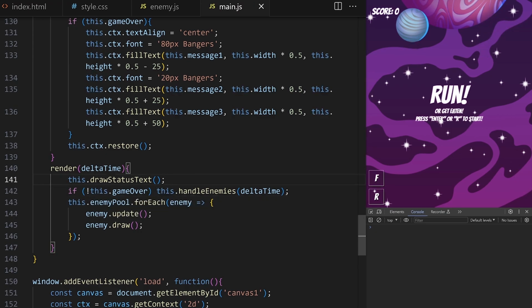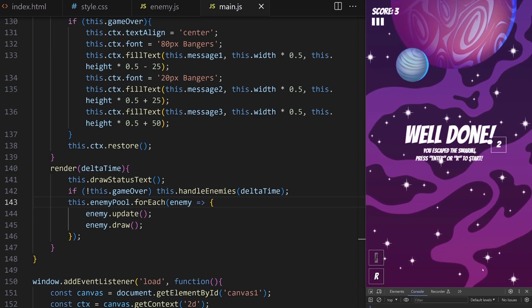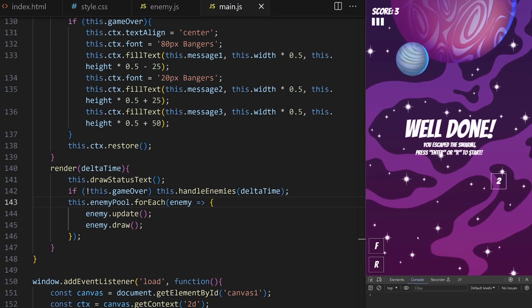Now, when I refresh the page, we just see the starting set of messages and nothing is happening until we click on button R here to start the game. Having a button that starts the game by user interaction will also solve issues with game sounds. We will talk about that later, but basically in modern browsers, sounds will play only after the user interacted with the document, and user clicking this button will count as an interaction, which will allow the sounds in our game